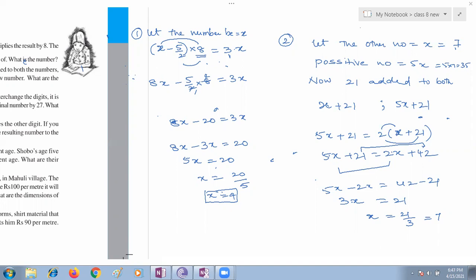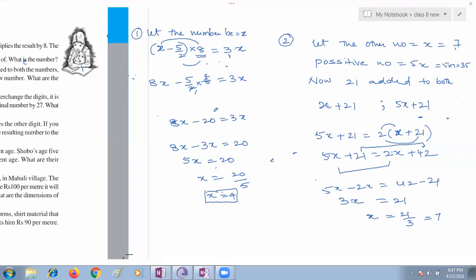You didn't ask one doubt here, Sahu. Why am I taking only 5x plus 21 is equal to 2 multiplied with x plus 21? Ma'am, because generally the smaller number will obviously come as x, and the bigger number is 5x plus 21. Suppose you didn't ask, I'm waiting for the students. Why, ma'am, are you taking the number 5x plus 21? If you take 2 into 5x plus 21 is equal to x plus 21, why are you supposed to not take that?